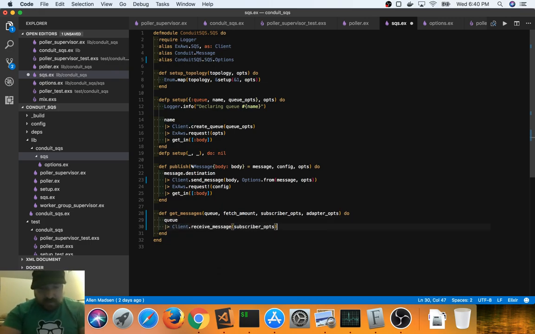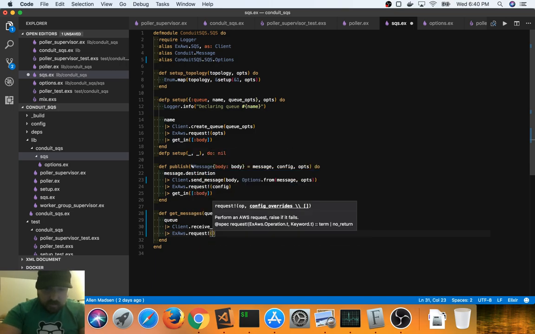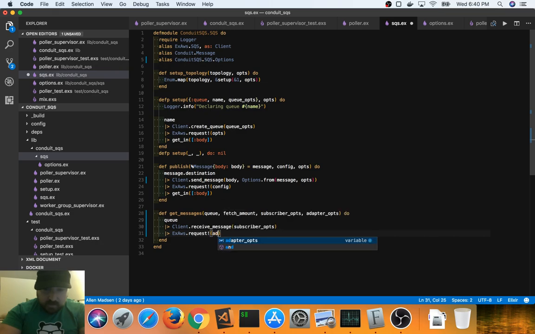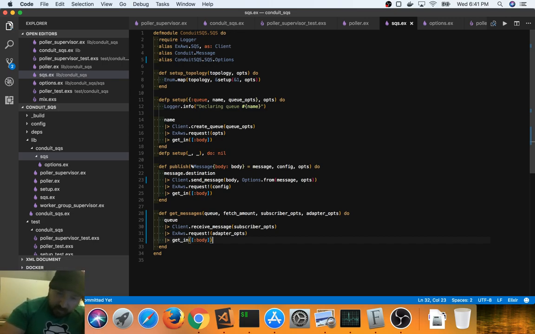So this basically builds a request for us to get options, and then we actually need to make the request. And here we would pass the adapter ops. And we can get in the body. So I believe this returns a list of messages, but we'll verify that by actually making a call to the